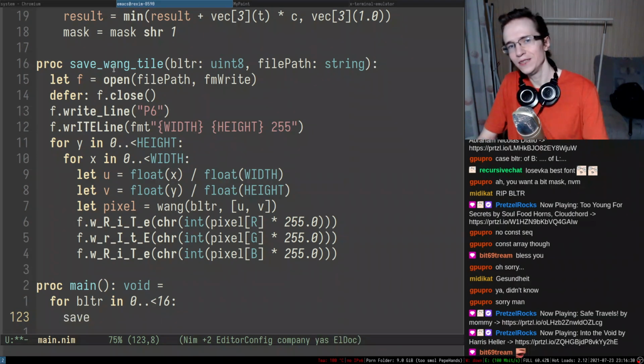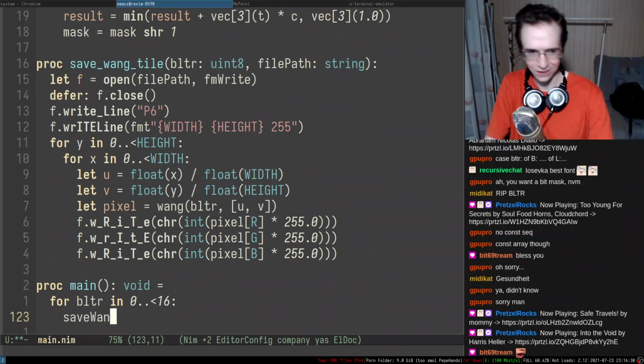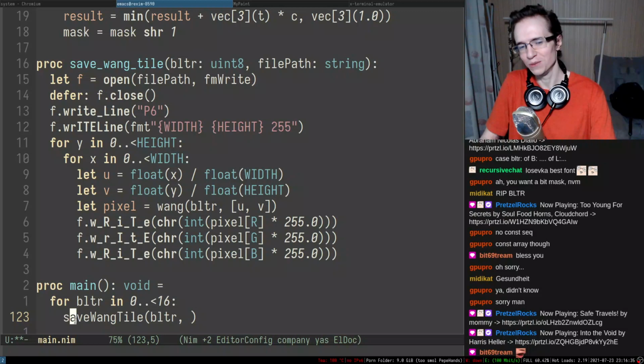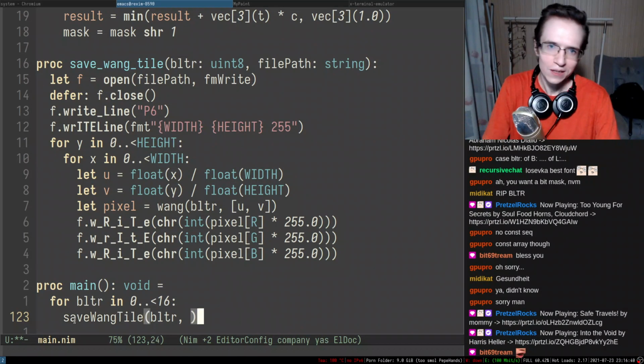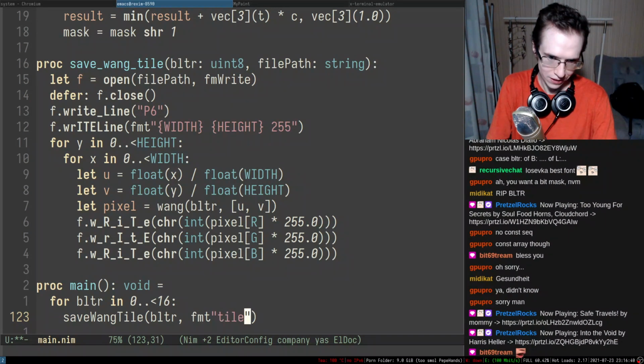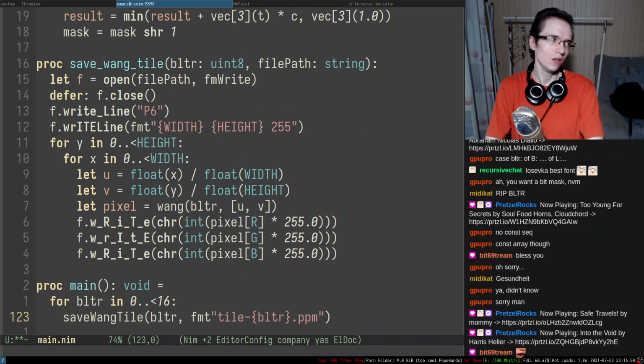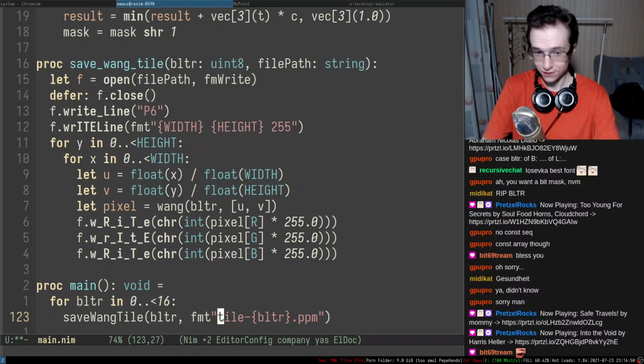Of course, I define it as snake case, so save like this, BLTR, and it's gonna work, because you know, Nim. So this is gonna be fmt, and in here we're gonna have tile, BLTR, ppm. There we go, and that should generate us the full Wang tile set.